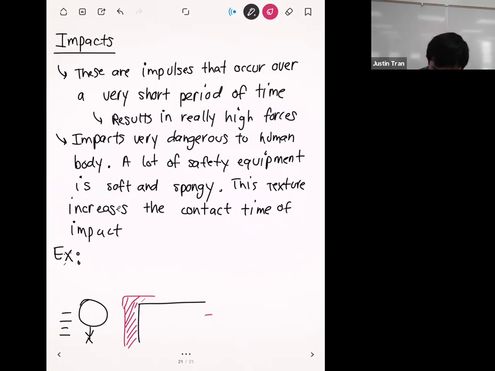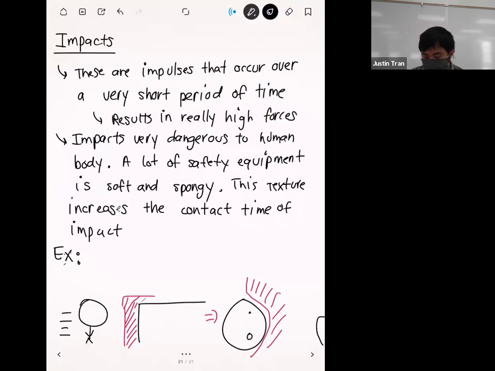But because of the spongy equipment, before the baby fully makes contact or fully changes its momentum, the foam is going to indent. The foam is going to do something like this, where the baby's face is kind of right here. Because it takes time for that foam to deform like that,